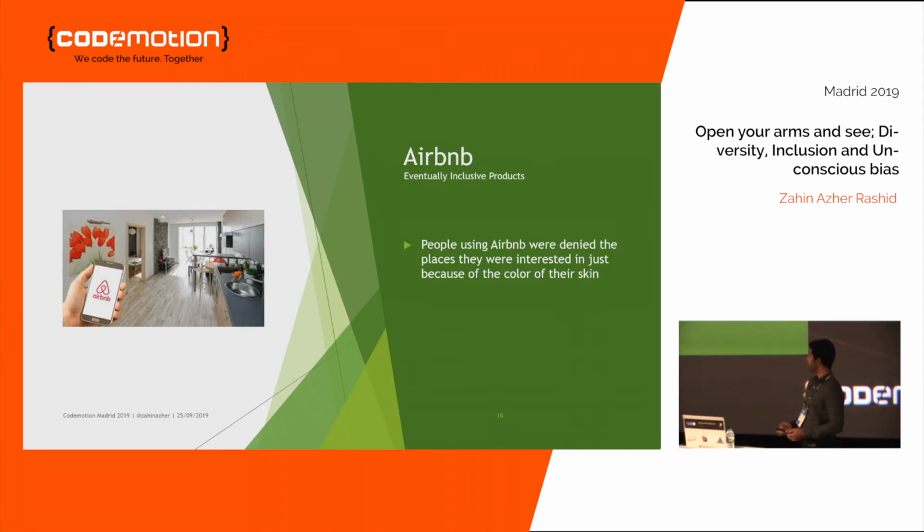And the third example I put is Airbnb. The people that were using Airbnb and trying to search for apartments, for a place to live, were initially denied just because of the color of their skin. Airbnb did not build this platform to racially profile people. The racism was already there. But then they realized, and now they have been working on trying to overcome these biases by building a smarter platform that can actually neglect or bypass these biases.